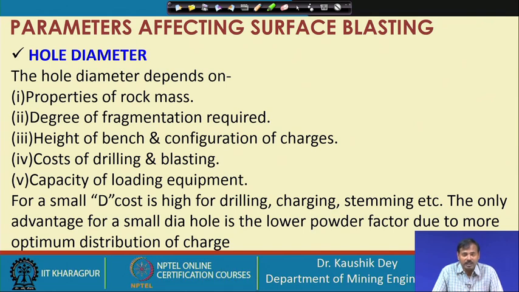That means, for large mines, highly productive mines, large diameter blasting must be carried out with larger burden and spacing, and it also reduces the cost of drilling, because the drilling requirement is less. But as the spatial distribution of the explosive is poor, you will not get proper fragmentation or lower size fragmentation. Your average fragmentation size will be much higher than with the small diameter hole.